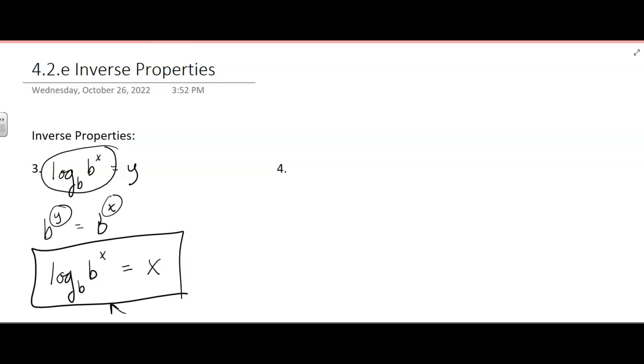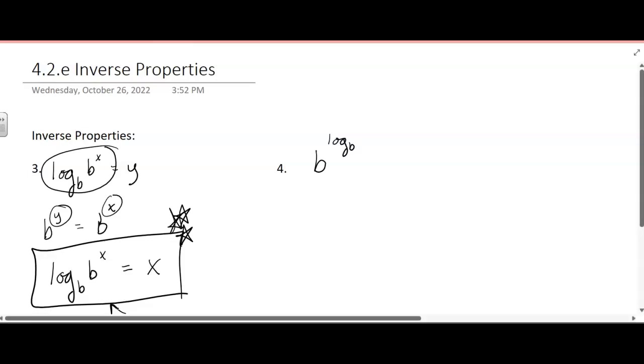This one's huge. This one comes up all the time and we need it. So I'm going to call it property 3. That might be ordered differently in the textbook, but I think they have it as number 3. But that one gets used a lot. The other one works on a similar idea, but it says if I have a base, but then I have an exponent where it's log base b of x, I'm going to put parentheses in this time,